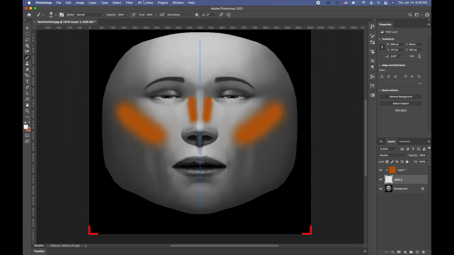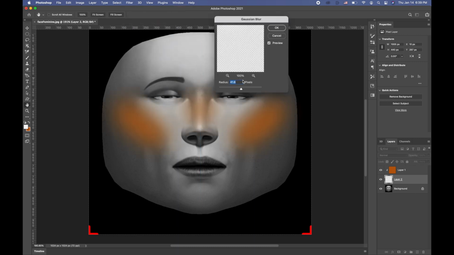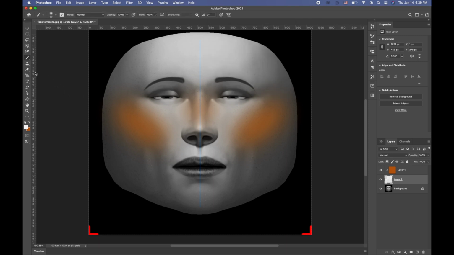Okay, and now I'm going to Filter, Blur, and I'm picking Gaussian Blur, and now we can adjust how big of a blur we want. I like a pretty big blur because I like it to blend nicely with skin. Okay, so this looks good to me. I click OK, and now I'm going to this eraser tool,